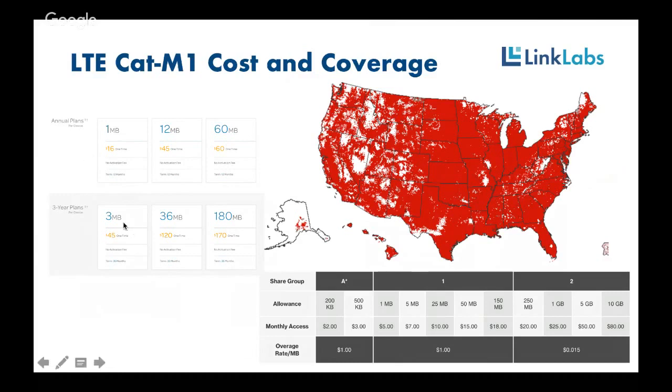So here's a plan. If a device has 3 megabytes to use inside of 3 years, which is a $45 one-time charge. Now the gotcha is when you go to 3.1 megabytes, that doubles and you get 3 more megabytes. So it could be expensive if you aren't really in touch with how much data you're using. But if you go on the AT&T site, these plans go all the way up to 10 years at a time. So a pretty good way to really control costs, but you have to be careful on overages for sure.